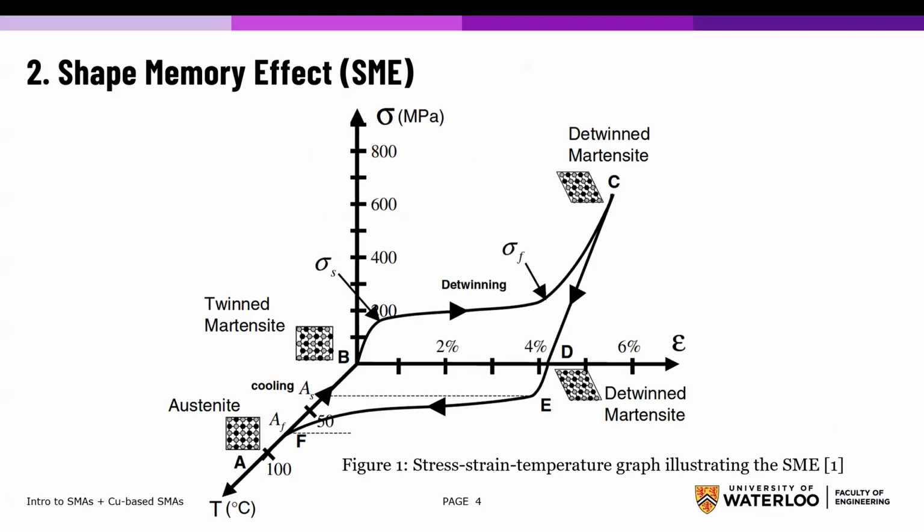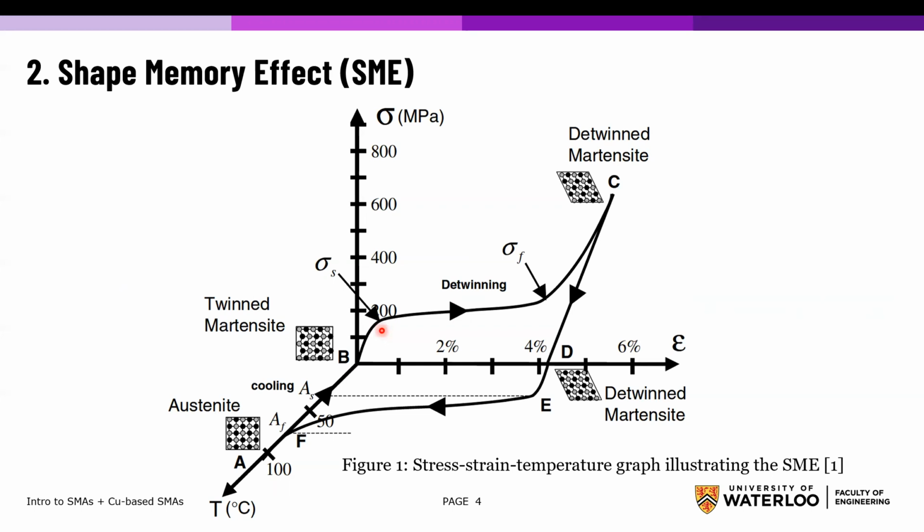So for the shape memory effect, I'll open up the laser pointer here, and we will start at the parent austenite phase at point A over here. Cooling the austenite below a temperature known as the martensite finish temperature will cause the twin martensite phase to form. That is at point B. We have the twin martensite phase. And once a stress exceeding the sigma start level, seen over here, is applied to the twinned martensite, the process